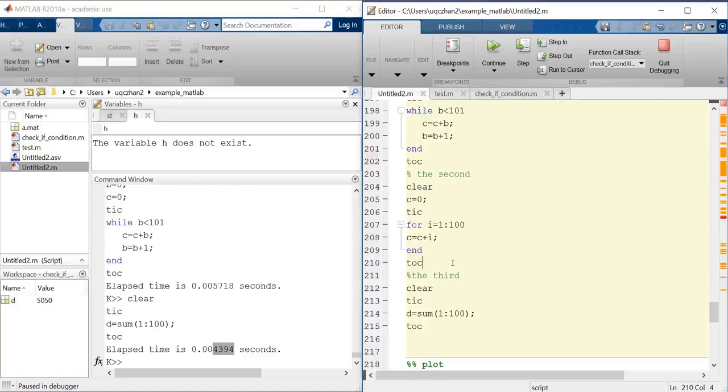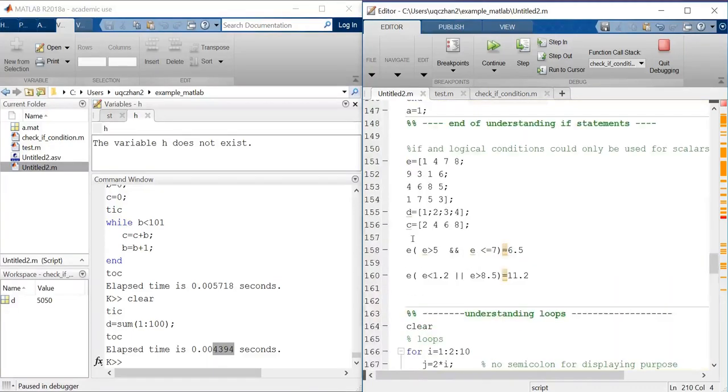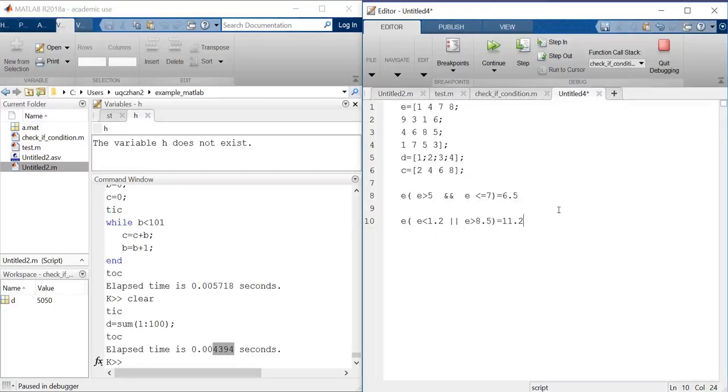So if we go back to the problem where we want to do a specific assignment, let's say we want to change the E value to 6.5 whenever E is greater than 5 and less than 7. What we need to do is basically create a for loop. So for I is equal to 1 to 4, for j is equal to 1 to 4, if